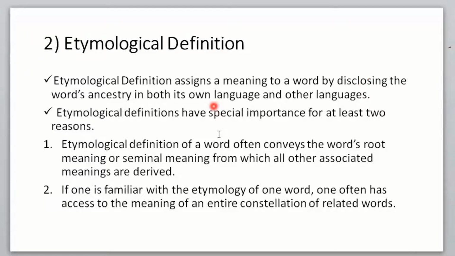So etymological definition has a special importance for at least 2 reasons. The first importance of etymological definition is that the words convey the word's root meaning or seminal meaning, from which all other associated meanings are derived. For example,